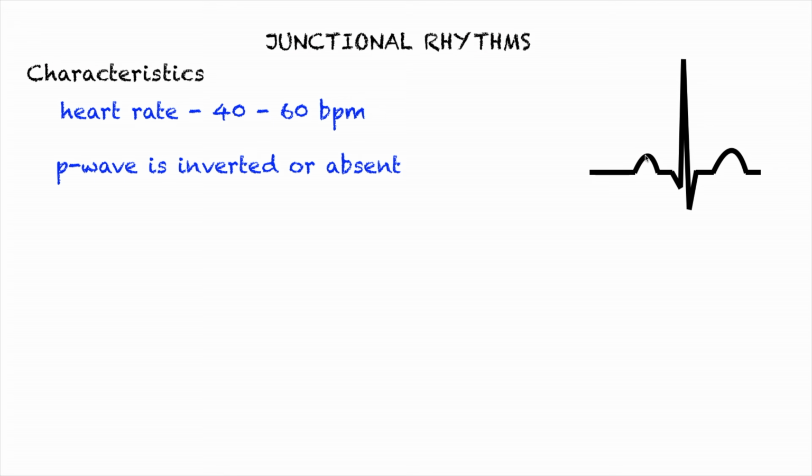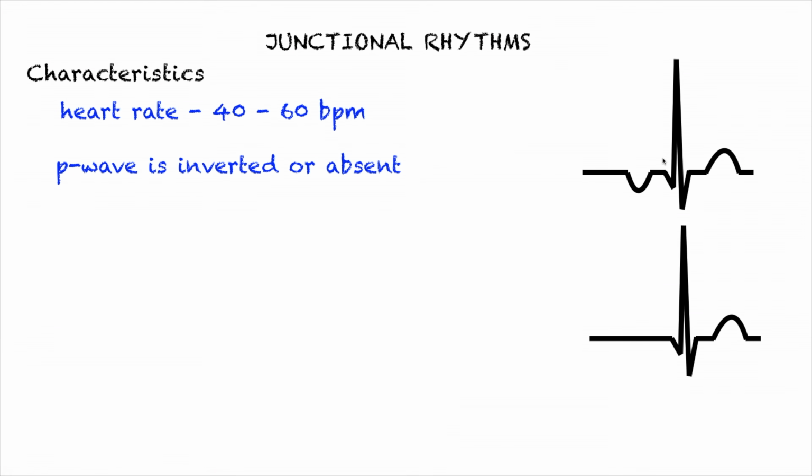As you can see, this is our P wave, QRS, and the T wave. The P wave should be upright and present. But in our junctional rhythm, it would be inverted just like this, or it will be absent. Now, depending on which part of the AV node starts an impulse, you may also have what we call a retrograde P wave, wherein the inverted P wave goes after the QRS complex.